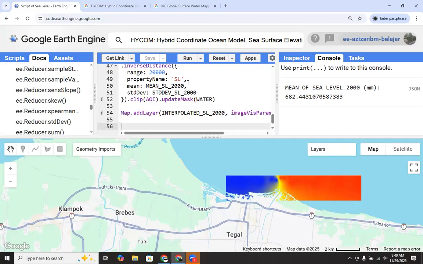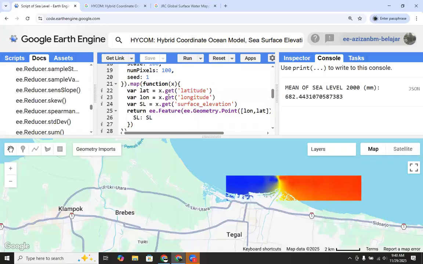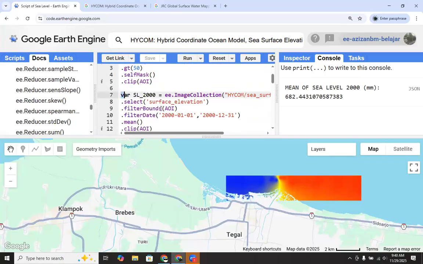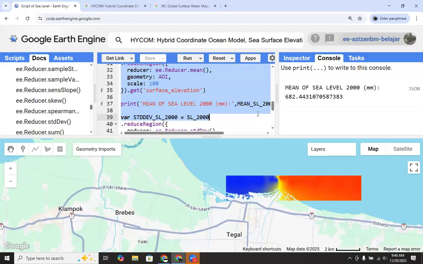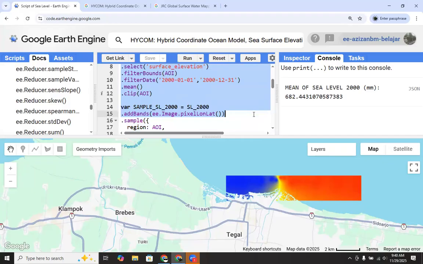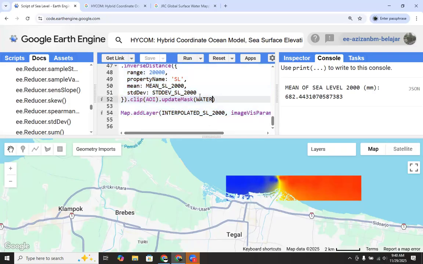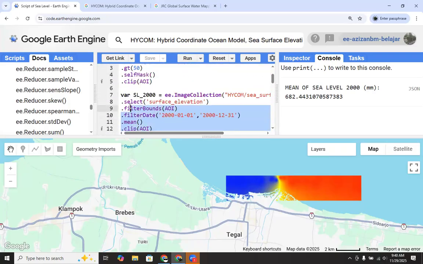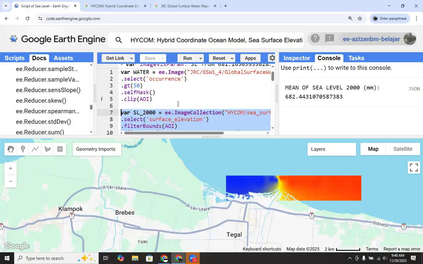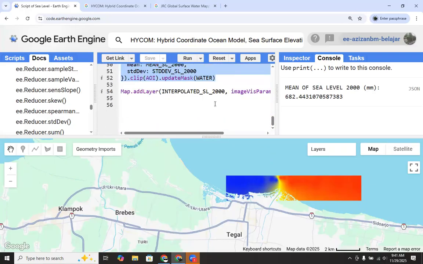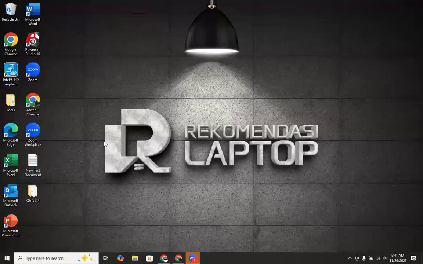To define 2020 and 2010, we can change the code by only the year. To change the code more easily, we can use the notepad.